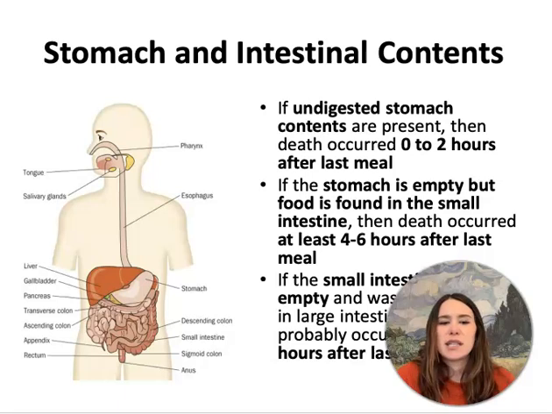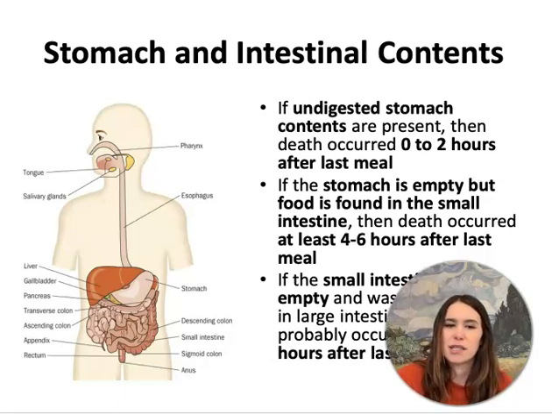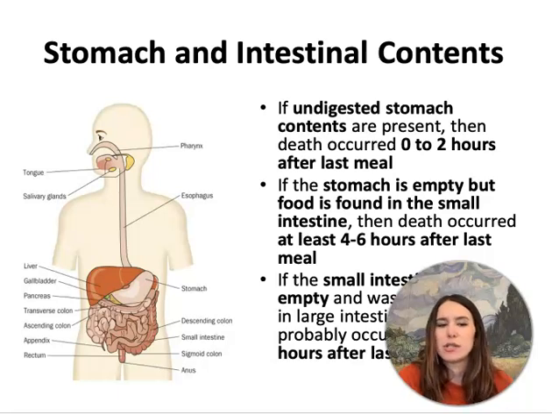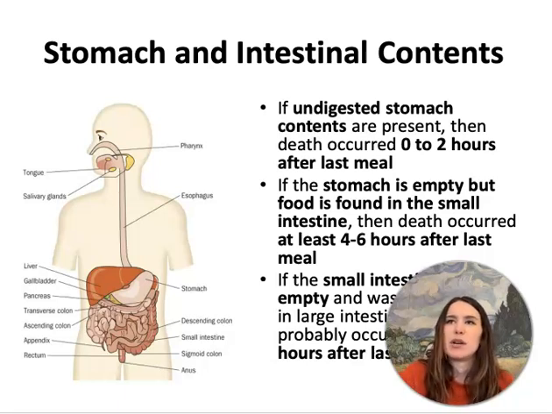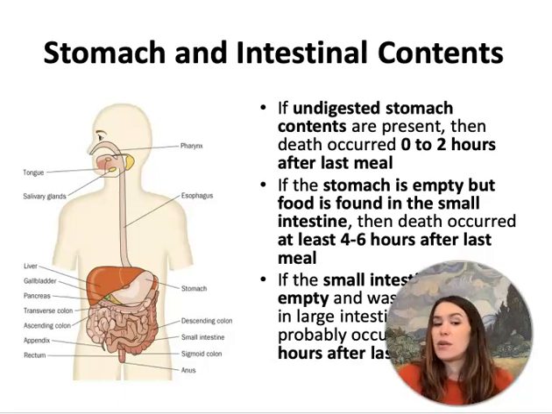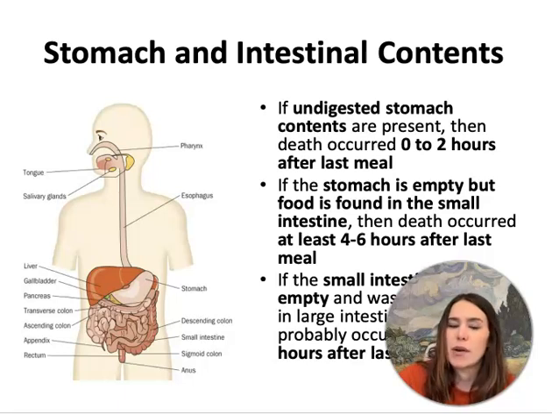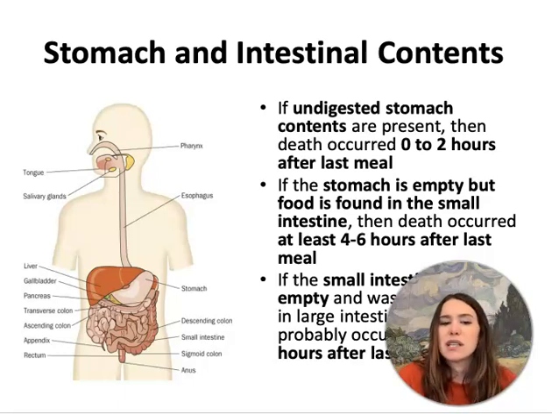So in the stomach and intestinal contents, what we know is that if there's undigested stomach contents, then the last meal was about 0 to 2 hours before they died. If the stomach is empty, but the food is found in the small intestine, then we know the death occurred about 4 to 6 hours after the last meal. If the small intestines are empty, but it's now in the large intestine, we know it was 12 or more hours since last meal. The reason this comes up